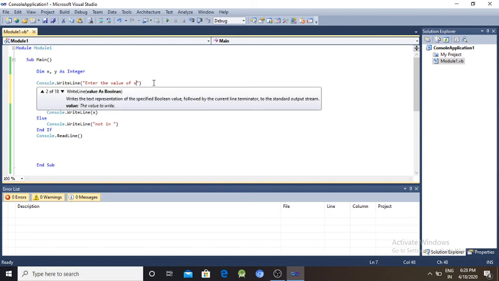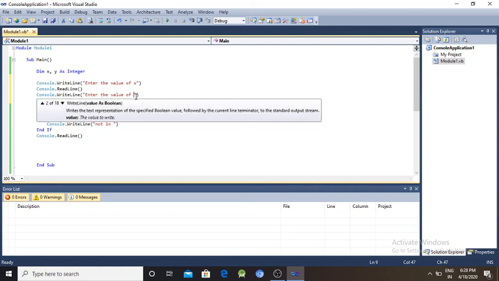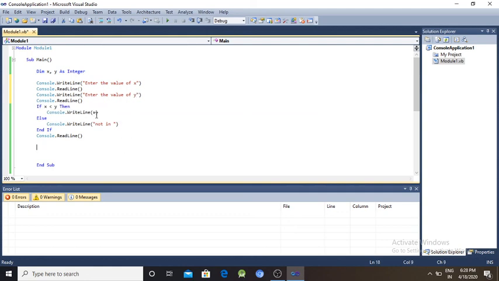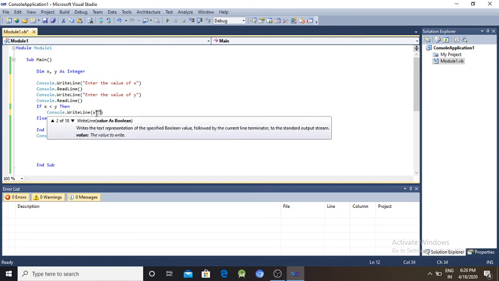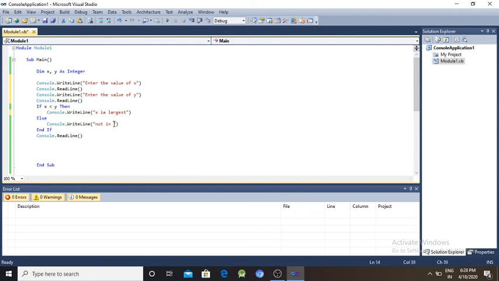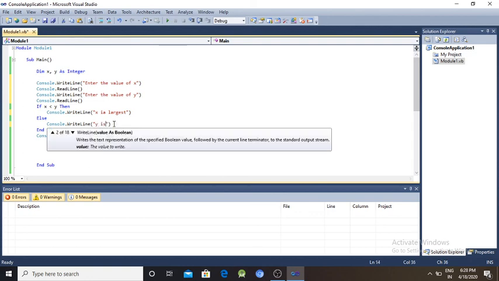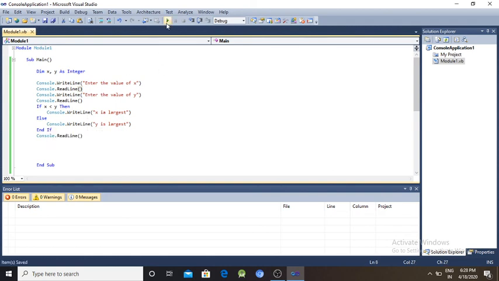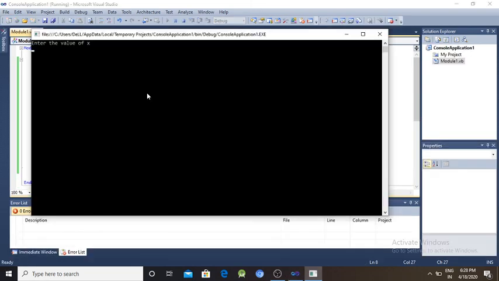Enter the value of x, enter the value of y, find the largest: if x is largest, else y is largest. Okay, execute the program. Enter the value of x 3, y is 6. Okay, y is largest.